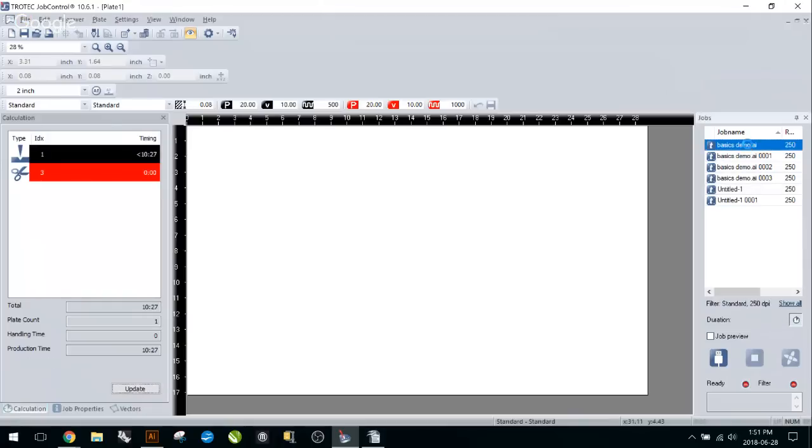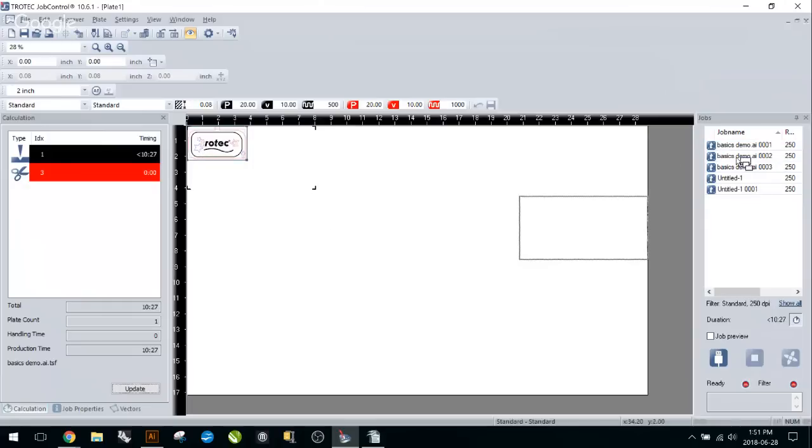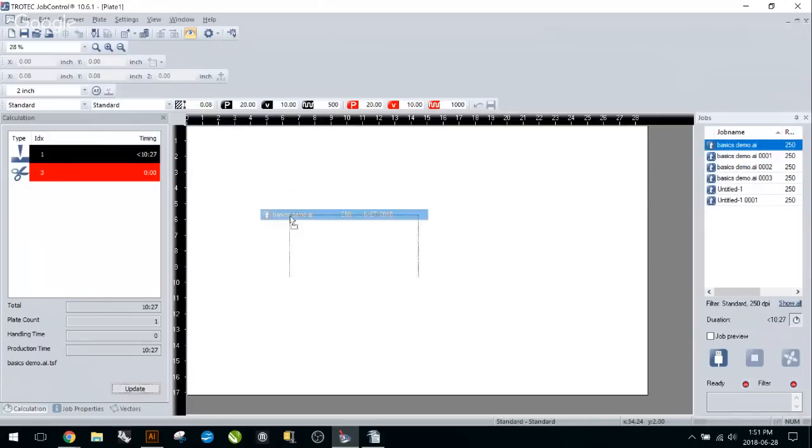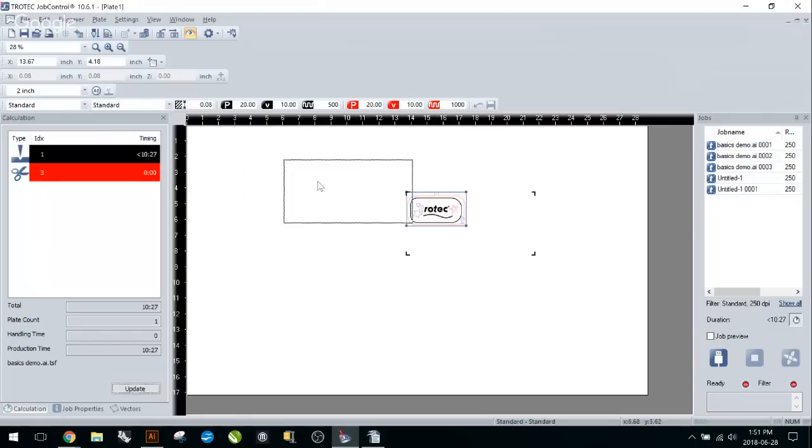So our new file is sent to our job menu here. We can double click it and it'll get sent to our corner here, or we can drag it onto the working area here to wherever we'd like. So you can see here, this is our job that we're going to be cutting out and engraving, but there are these marks here in the corner. This is our material size. For some of you, this might cause some problems, especially if you have a smaller laser. For instance, this is a little small, but if you did have